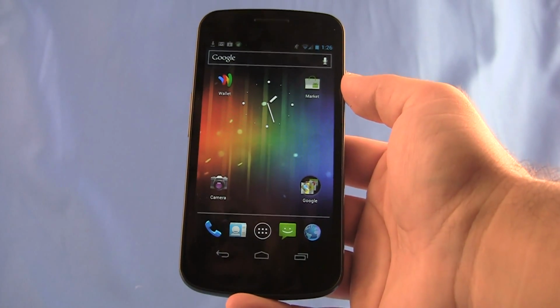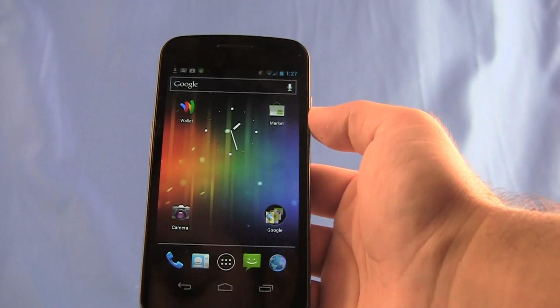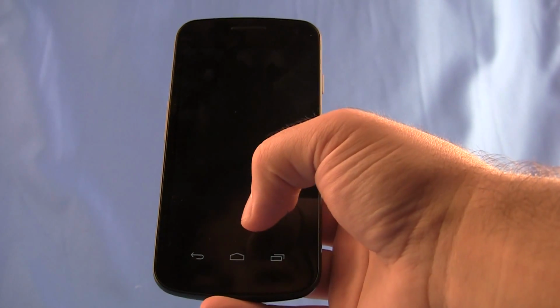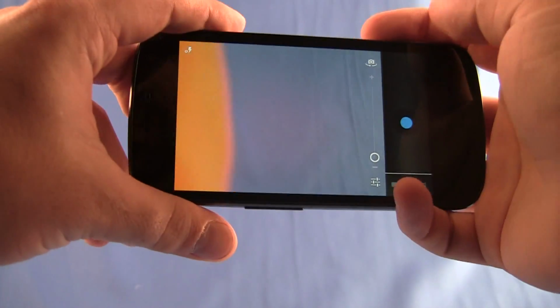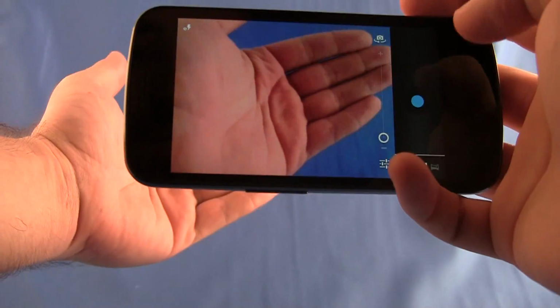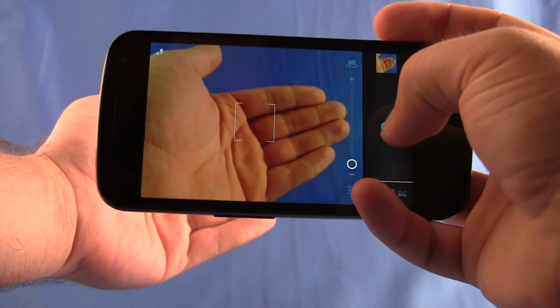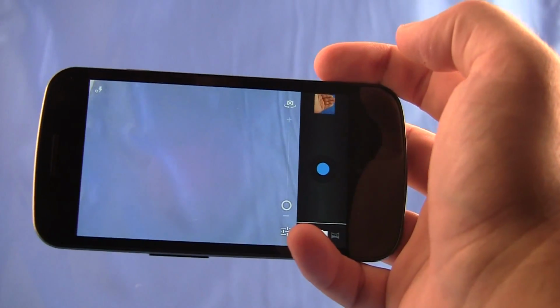There's also some pretty advanced stuff that is in Android 4.0. For example, let's take you to the camera. This is a mix between hardware and software, I suppose, but if I'm going to take a picture of my hand, usually it takes some time, but with this camera you can just press boom boom boom boom boom and take like a billion pictures in a row,